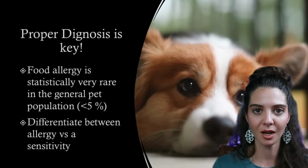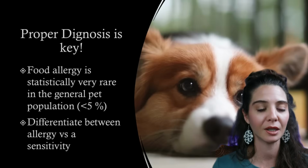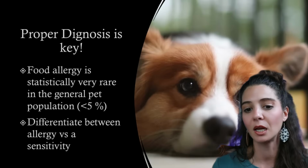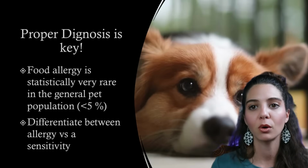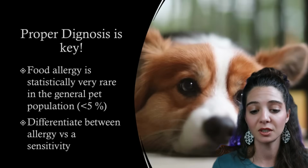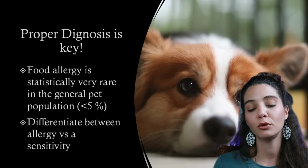If the diagnosis is not obtained properly, then the treatment plan is not going to be proper, and that's where you're going to get all these frustrations, with people saying they switched food 5 or 6 times and it's not working, or they did it for a period of time and then it stopped working. So diagnosis is key. The food allergy is statistically very rare, and there is a difference between a food allergy